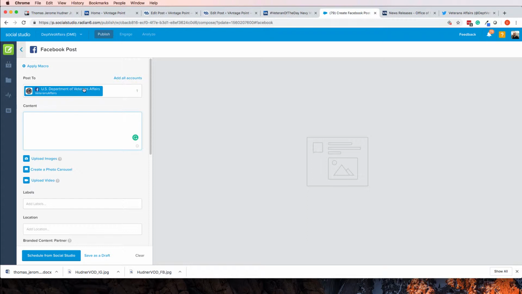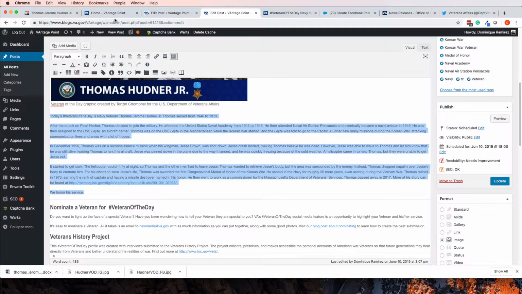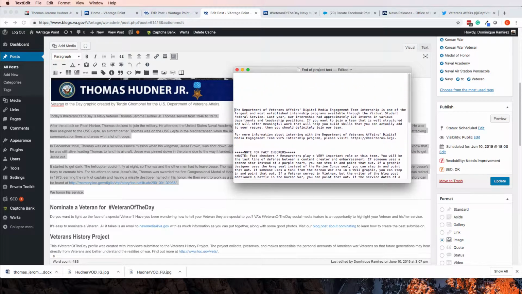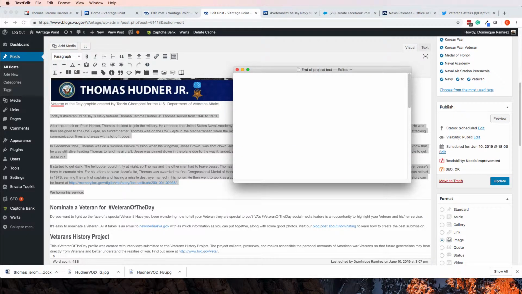Okay, so you select your Facebook page. You got your content area, right? What we usually do is we take this entire post and we'll select it, Command C, and actually because it has that hyperlink, I'm going to do something different. Text edit. I'm going to get rid of some of the text involved here. Actually, not the text, but I want to get rid of that hyperlink